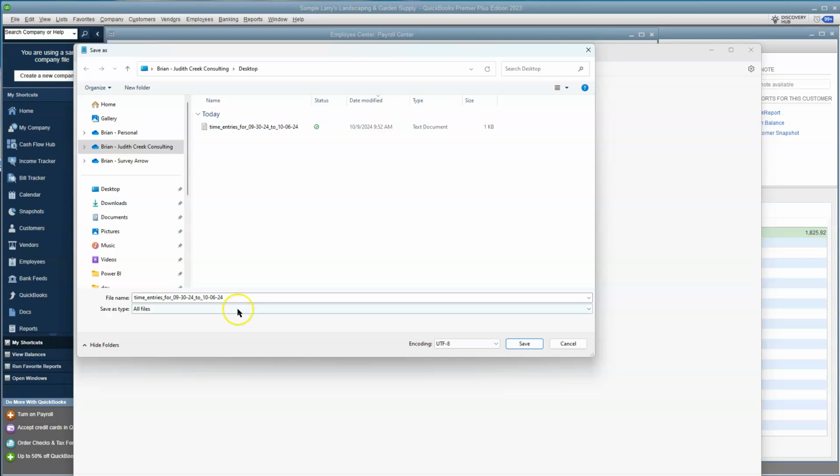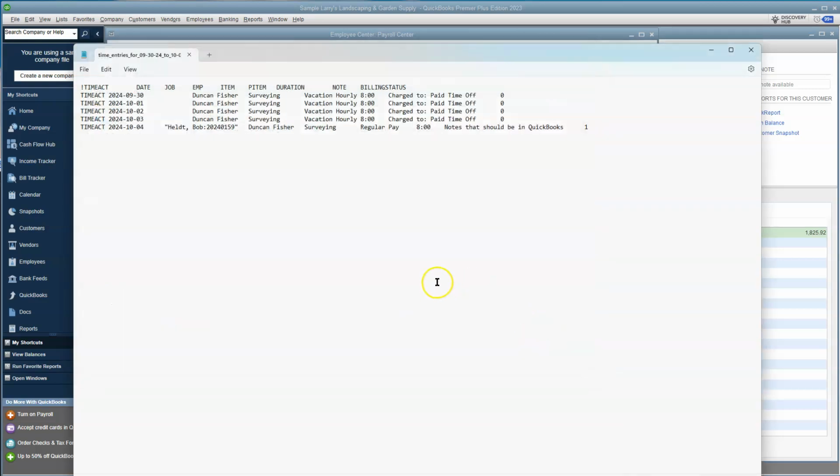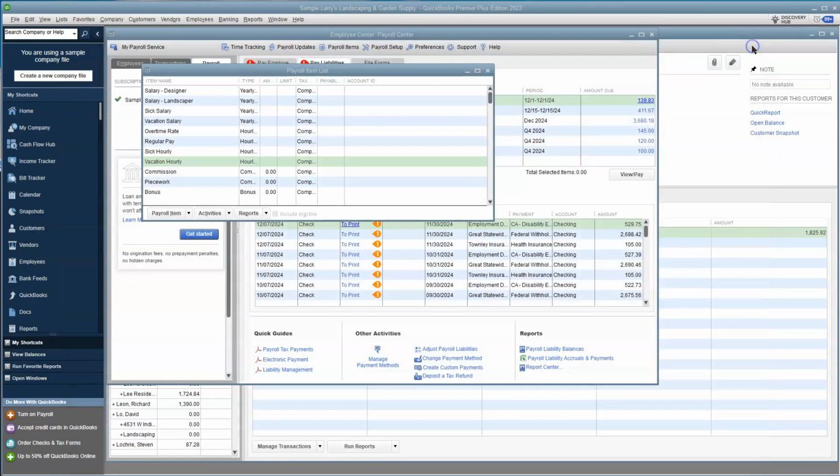.iif. So I'm just going to do a File, Save As, and then on the end of this I'm going to put .iif like that. It doesn't matter if it's uppercase or lowercase. I did uppercase there, but it doesn't matter. But in order to put the file name, I had to change Save As type and then choose All Files. So now if I choose Save, now I've got this in an IIF format, and now we're ready to import